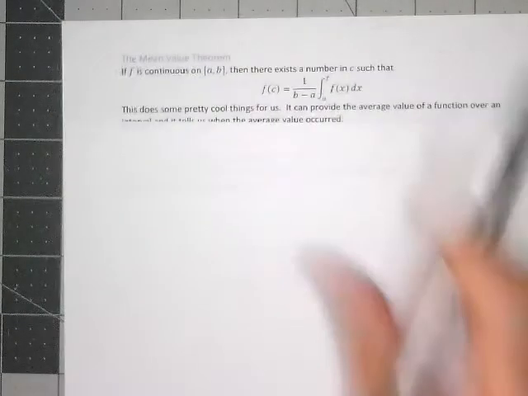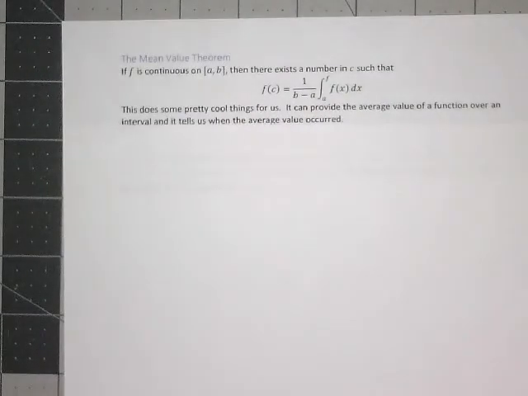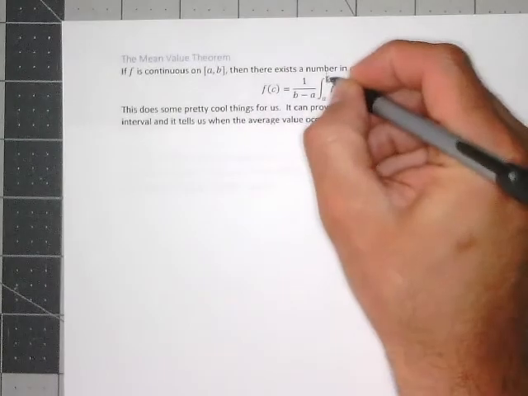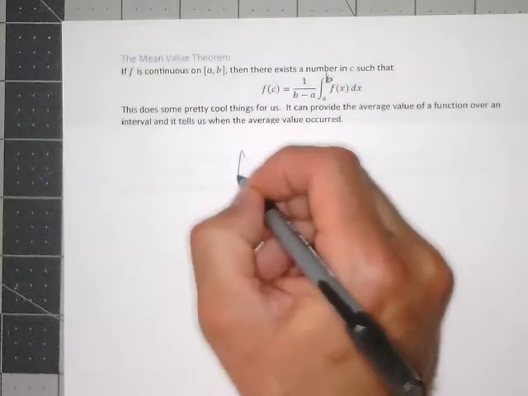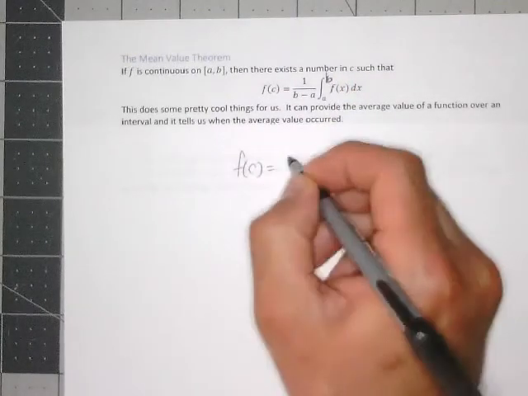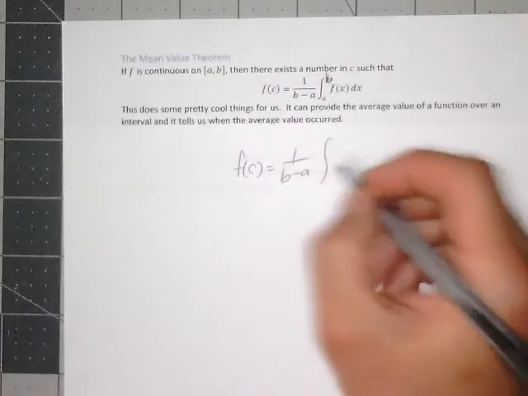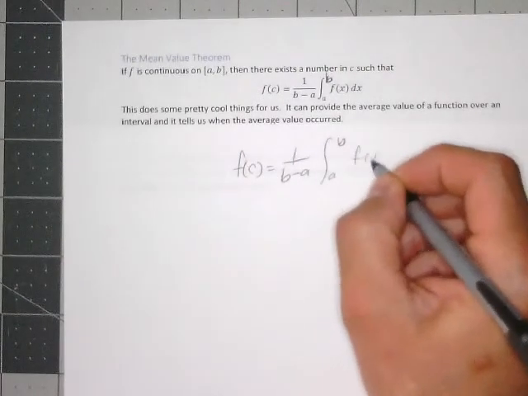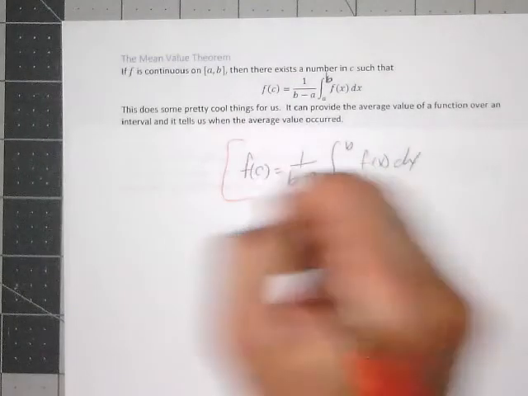I can actually explain it right now to you. If you look at the mean value theorem, it says that f of c equals 1 over b minus a, the integral from a to b of f of x dx. So if you have f of c equals 1 over b minus a, the integral from a to b of f of x dx, and then just for grins and giggles,